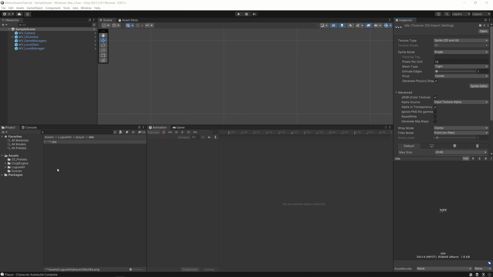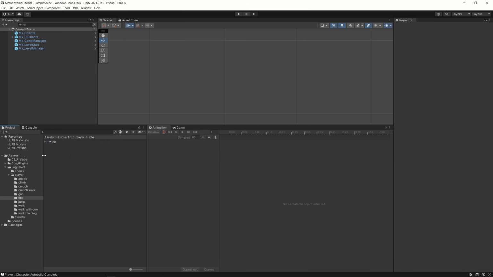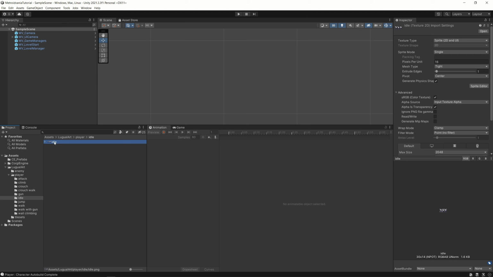So this part I'm going a little bit faster because I have already done that a few times in other tutorials. If you have any questions, please let me know in the comments and I can point you to the right tutorial. Anyhow, the thing is, we have here our sprite sheet with the art of Lugual, and we have set